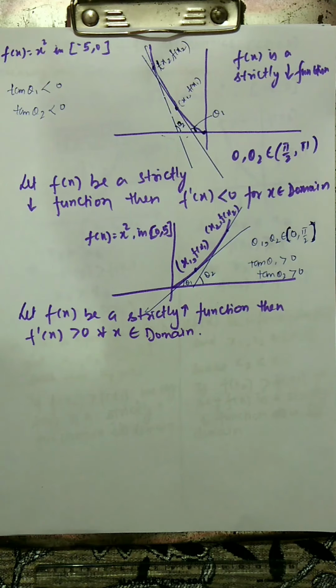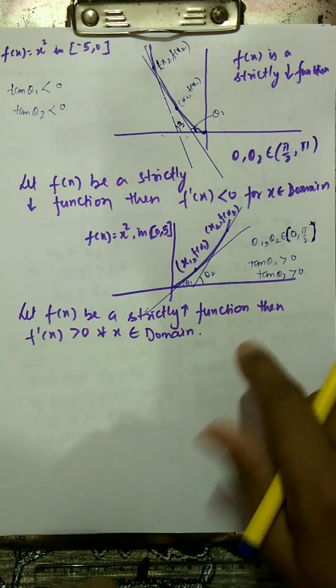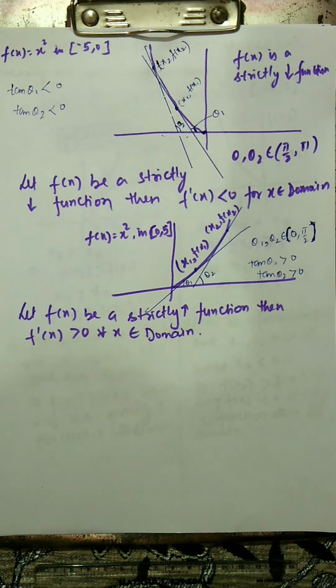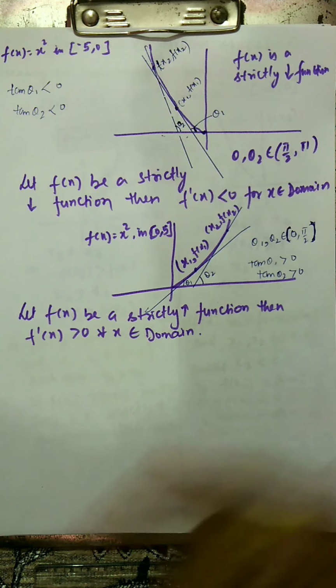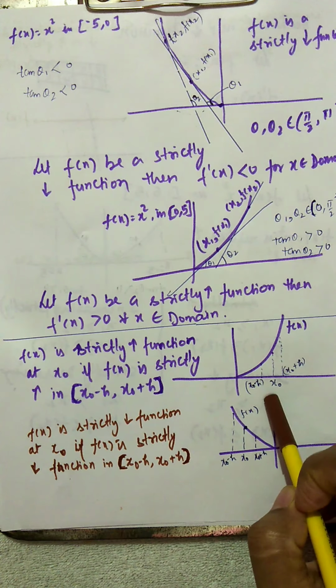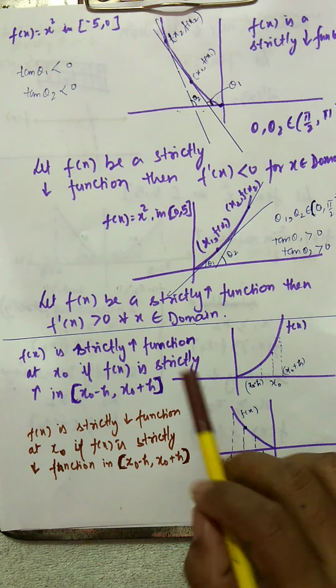So this is another definition on the basis of differentiation, and we'll do the practical questions also so that you can understand these definitions very well. But this is quite obvious, and somewhere this increasing decreasing function is linked to the mean value theorem also. Now we'll see how a function is called an increasing function and a decreasing function at a point.